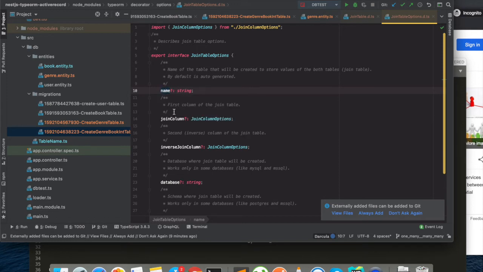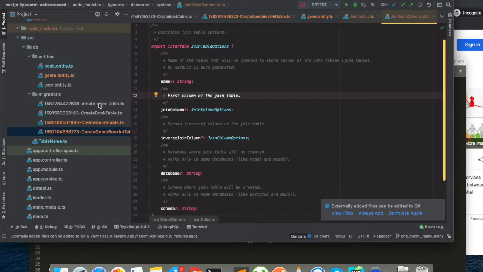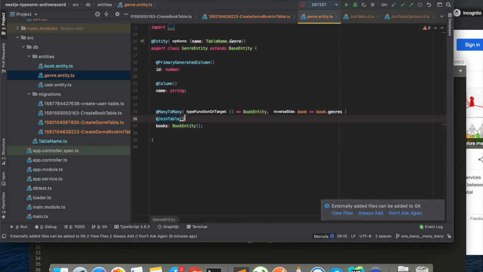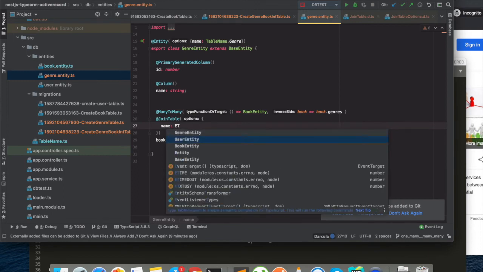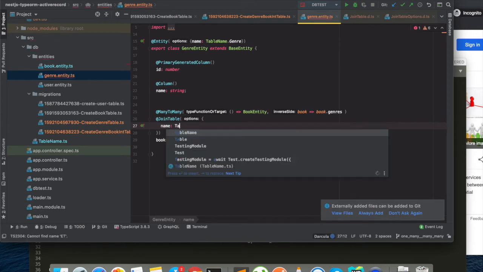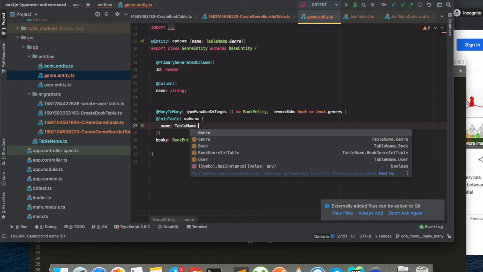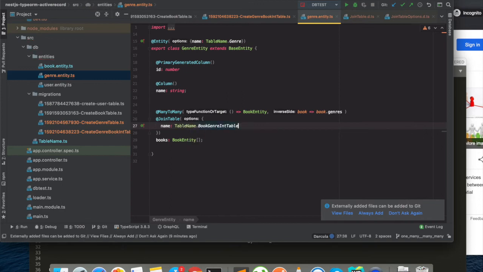Now, join column will be the first column of the join table, and inverse will be the second column of the join table. So here we're going to add our name, which will be the table name. So this will be our table name.